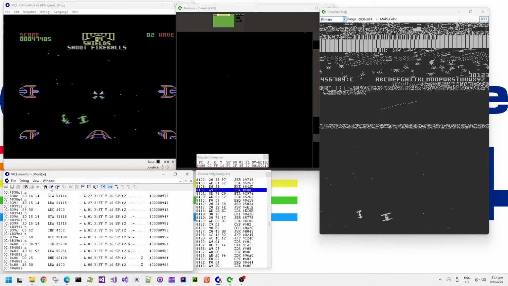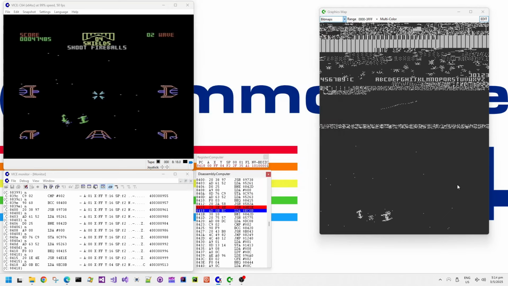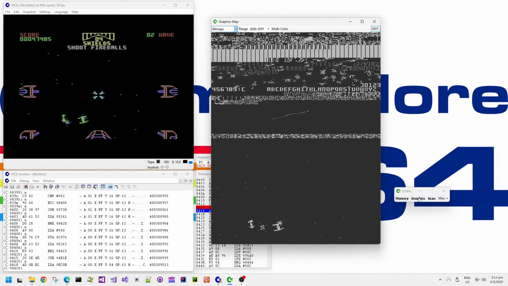There we go. There's a JSR there. Step over this JSR. There we go. And the routine at 8415, the JSR there, 24E1E, has rendered the fireballs. So let's